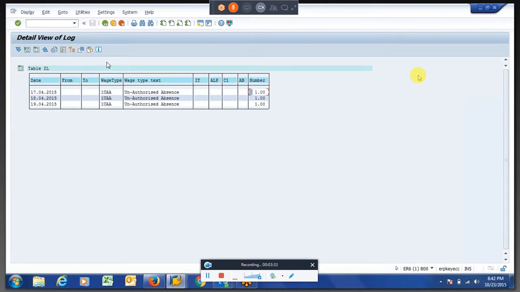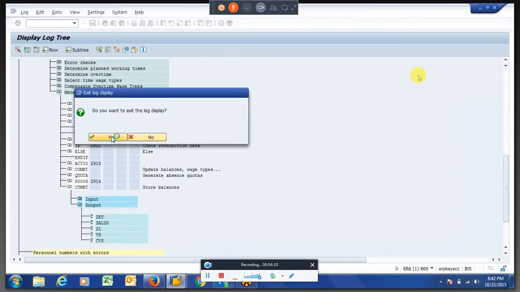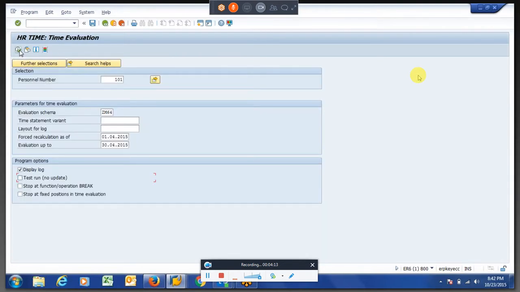payroll, right? So what the client requirement is like this. If there is an unauthorized absence for 3 days, here in our example we have 3 days of unauthorized absence for the particular month, that is April. So we have to reduce 3 days of salary accordingly, how we are reducing basic, HRA and all this stuff. So the same salary should be reduced. So this unauthorized absence should be equal to loss of pay for the employee. For that purpose, we have written some PCRs to calculate all this stuff.